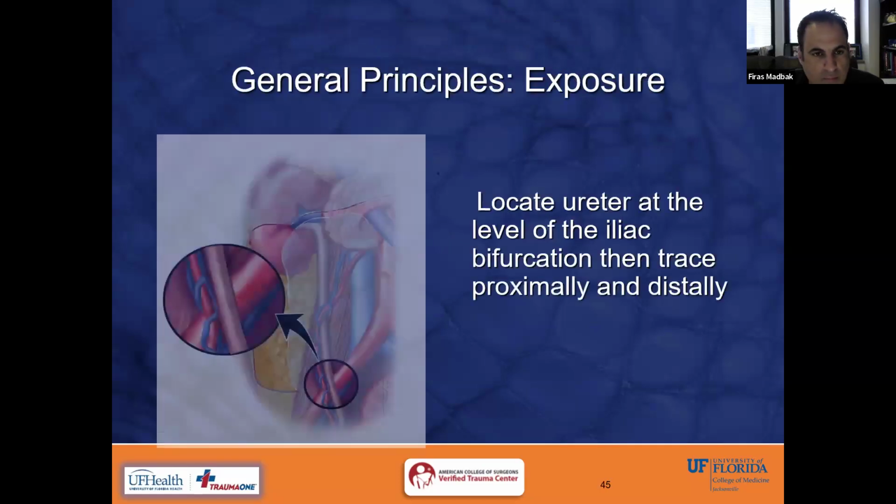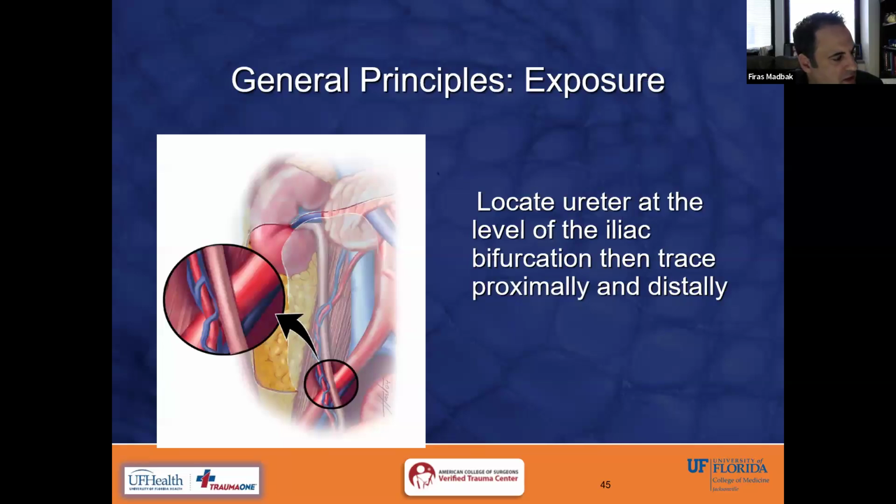So how do you find the ureter? We discussed, this patient had a cecal perforation, located generally at the level of the iliac bifurcation. So we say water under the bridge. Water under the bridge meaning the gonadal, not the iliac. So it goes over the iliacs, but under the gonadal. So the ureter goes under the gonadal vein and artery, and then over the iliacs. So if you find the bifurcation of the iliacs, where the common iliac bifurcates into the internal iliac, usually the ureter is going over. You want to mobilize the right or left colon